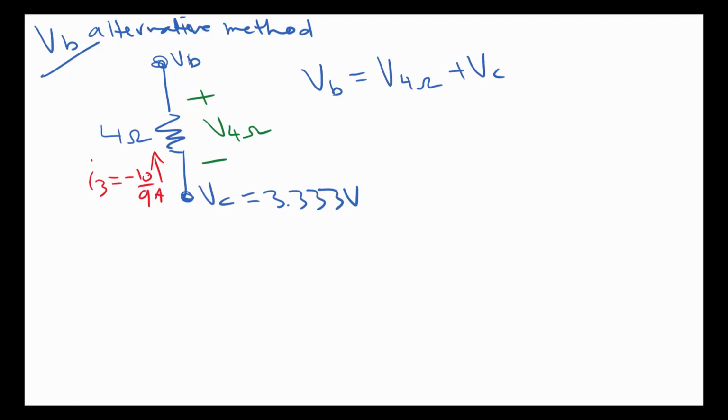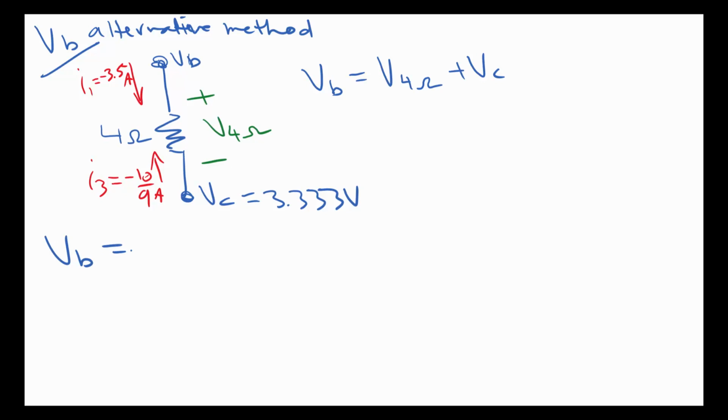And then we have, going down, the I1 mesh current, so that's I1, and that's equal to minus 3.5 amps. Okay, so that's what we know. So let us write the equation that describes this system. So we have VB